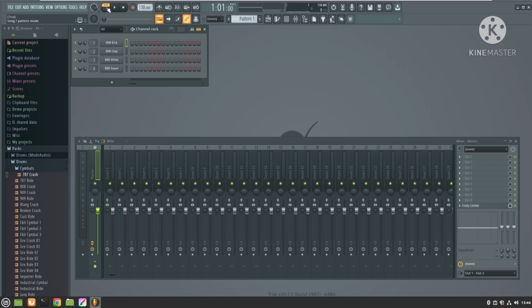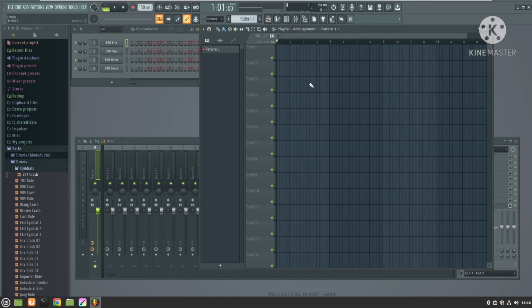What does this mean? It means if I'm on the PAT, which is the pattern mode, it will play whatever pattern I'm working on. But if I go to the song mode, it will go to the song area and start playing whatever I have on the song here. So as you are making your song, you can create your patterns, add the patterns to the song, and test and play them at different times. So I can play my pattern, play my song, play my pattern, play my song,